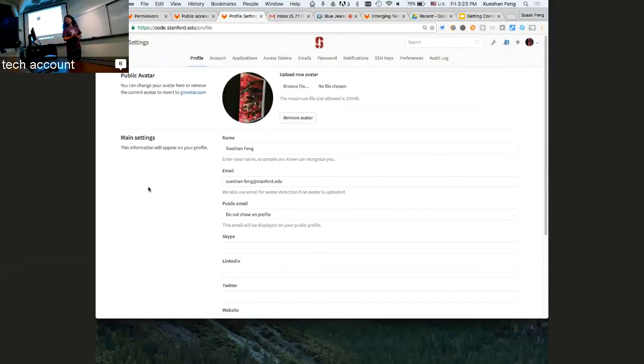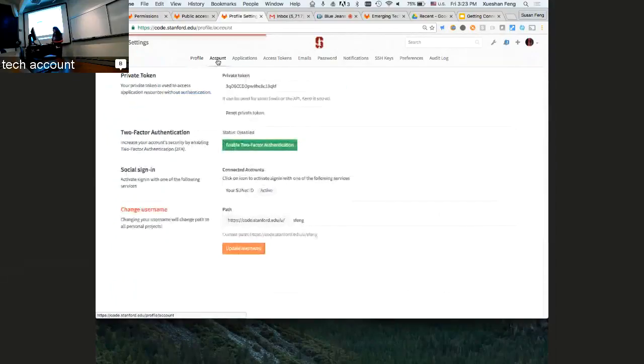Other things you can change, right? You can configure your account. I will not have time to go through all this, but you can just go play with it. The thing I want to mention is this